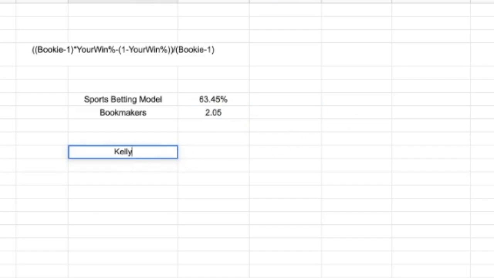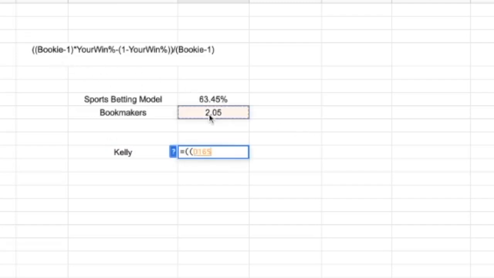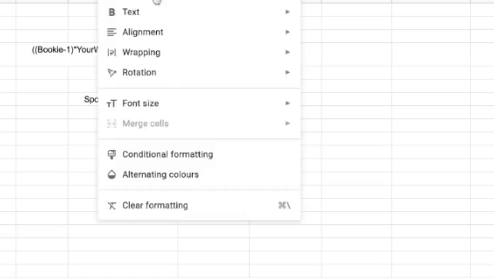You will use the Kelly formula. So you will retype this. You have bookmakers' odds minus 1, and you multiply with your probability minus 1 minus your probability. Then you close it and divide with bookmakers' odds minus 1. Okay, and then you enter and you get the Kelly criterion formula, which in this case suggests